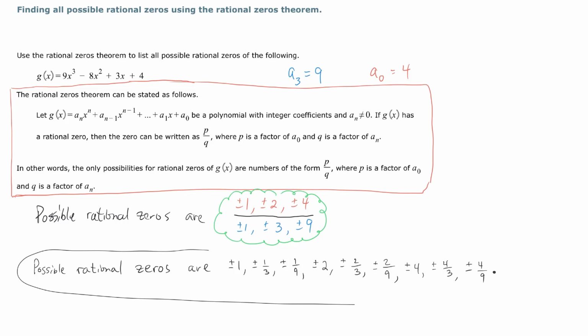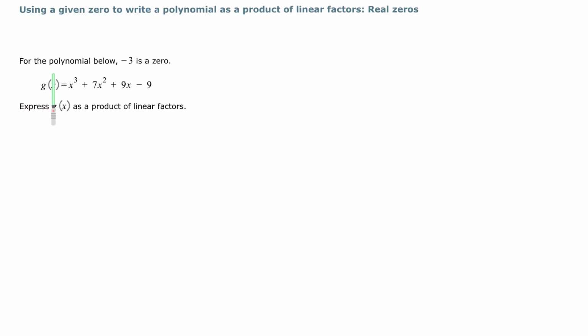Circle our final answer. For the polynomial below, -3 is a zero. Express g of x as a product of linear factors. Well, we could use the factor theorem then. The factor theorem says